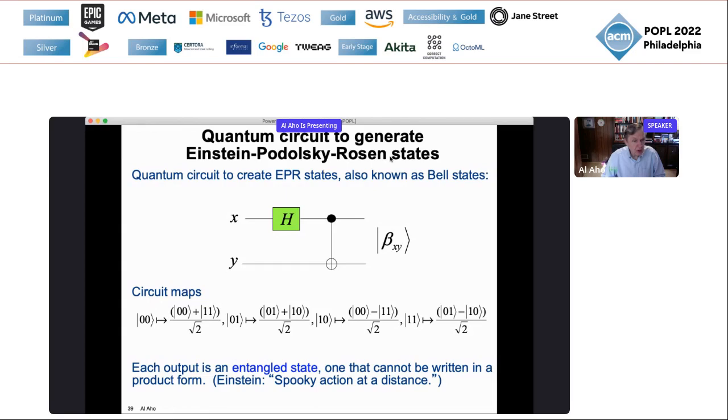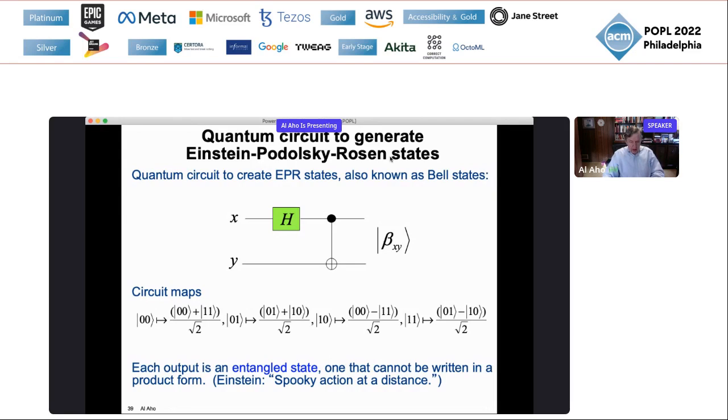You can show that we cannot express this output as a tensor product of two basis states. States of this nature are called entangled states,